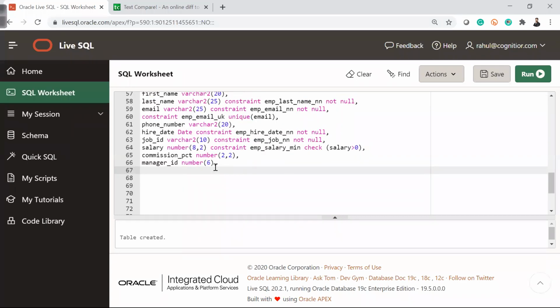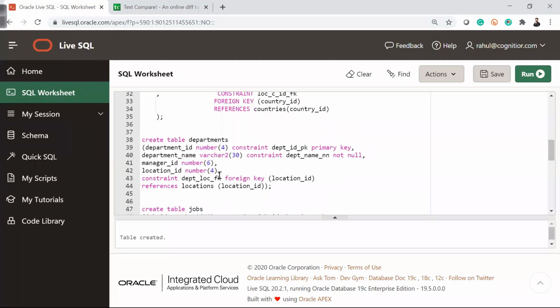But in this manager ID, what we will do is I'm creating a constraint, emp_manager_fk foreign key. That means I'm making a foreign key. Now you guys will say, okay, I'm creating a foreign key, that means it will reference which table? Department table, because in the department table I have a manager ID, right?